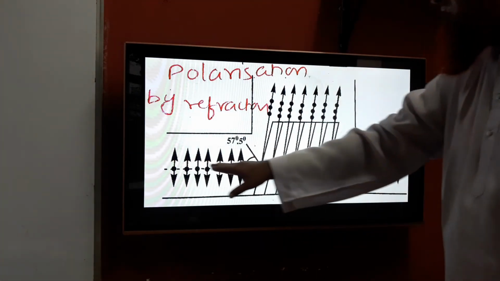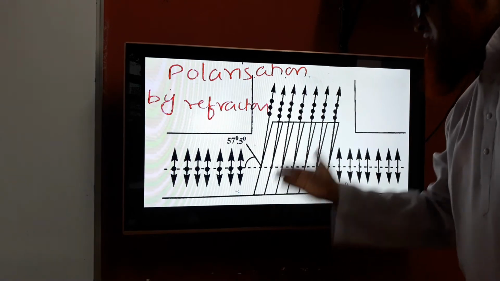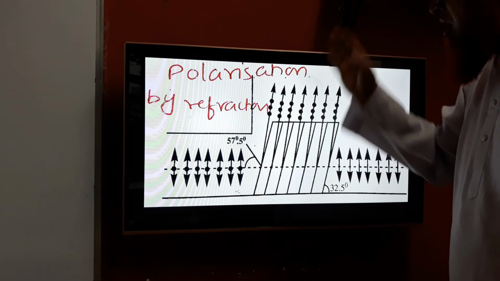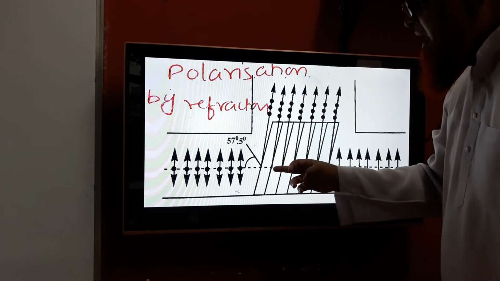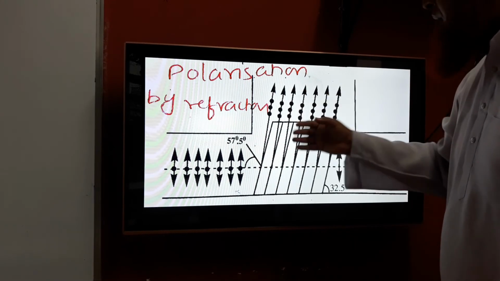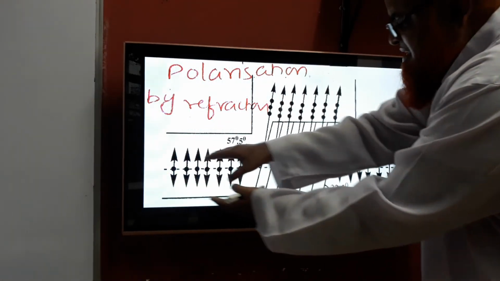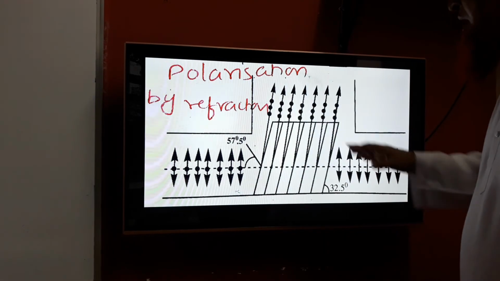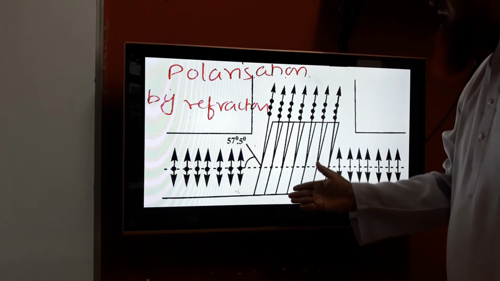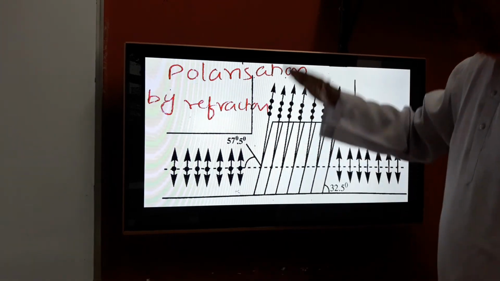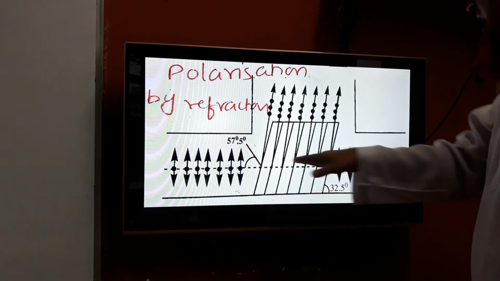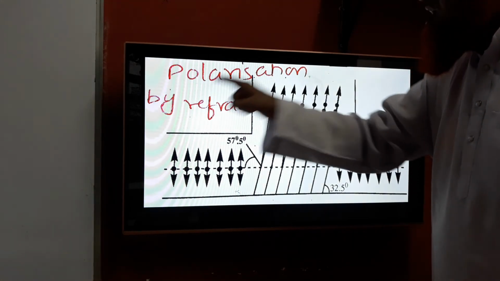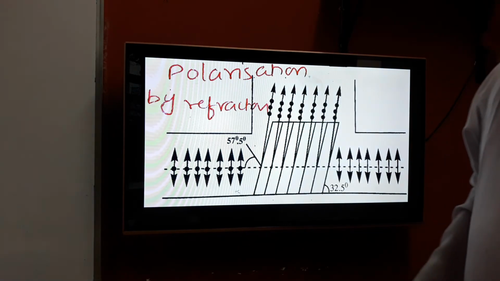Once the unpolarized light enters here, because of this pile of glass plates, the dots get reflected. Some of the dots are reflected at the first plate, some at the second plate, like this. After passing through all these plates, you are not going to see a single dot outside. So the dots have been filtered. That means one wave has been filtered because of reflection, and the one which is refracted comes out of the pile of glass plates. So this is polarization by the process of refraction.